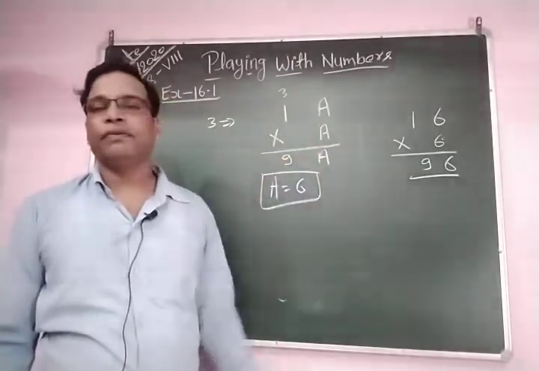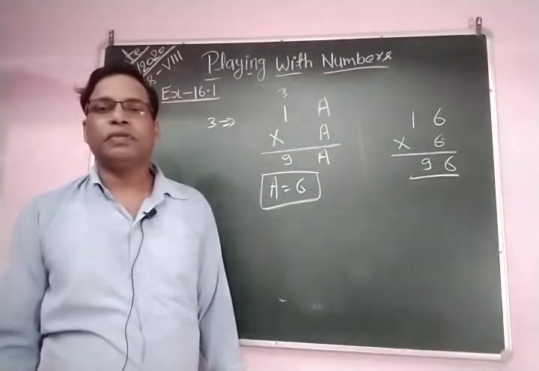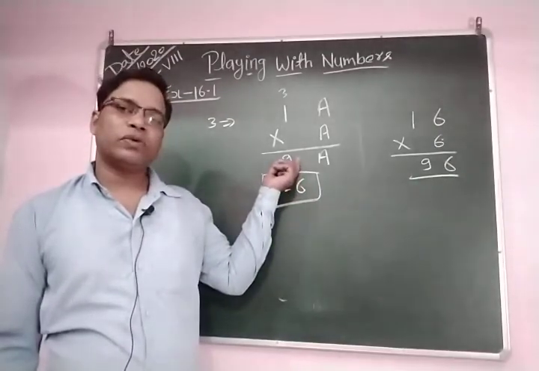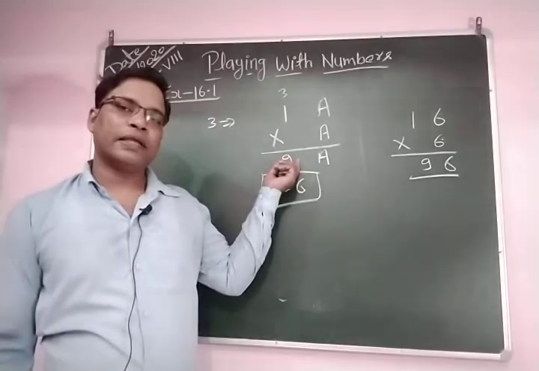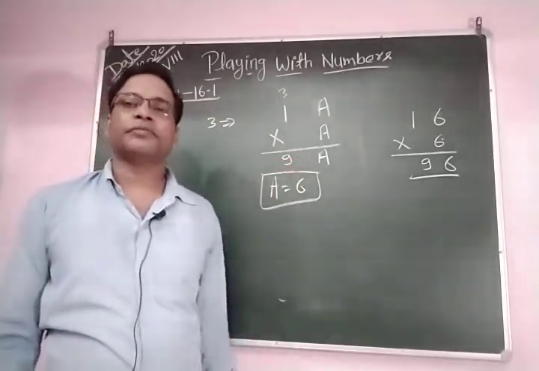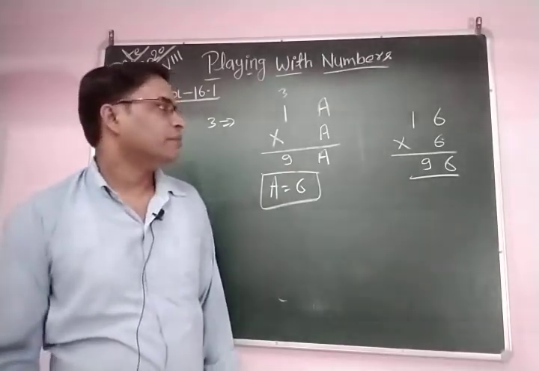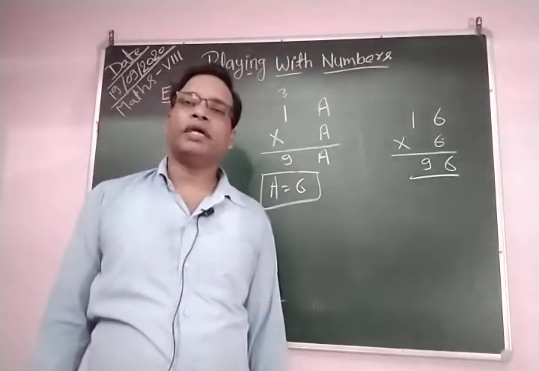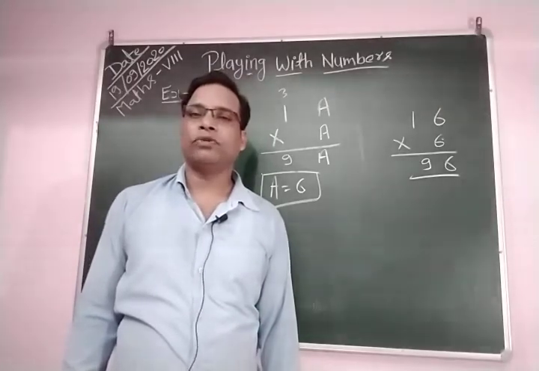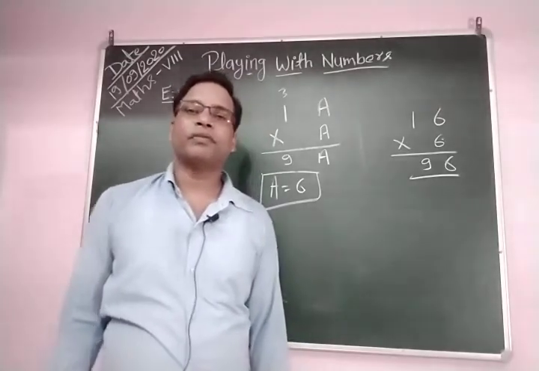If we take 5, A is equal to 5, we reach near 9 but not equal to 9. So again the tens digit is not satisfied by the value A is equal to 5, and we remove this value of A is equal to 5. Again, what do we take?